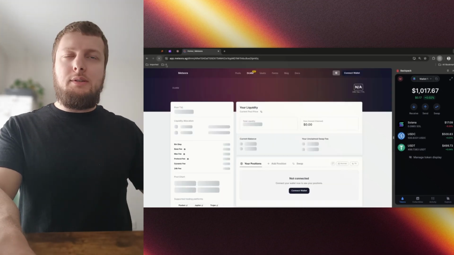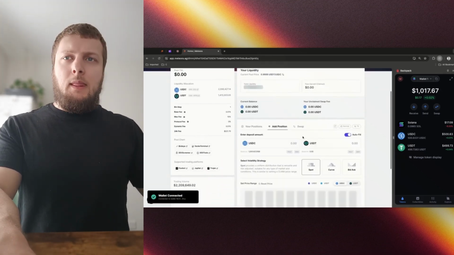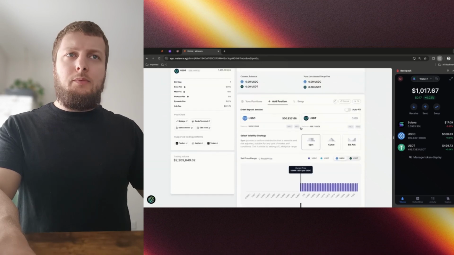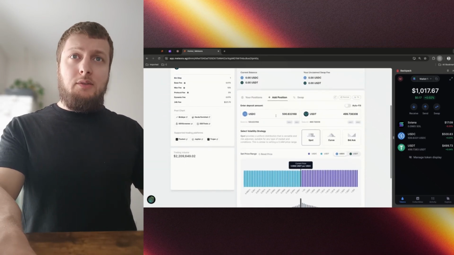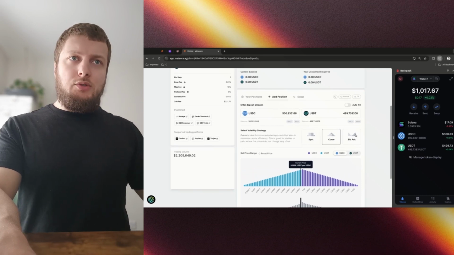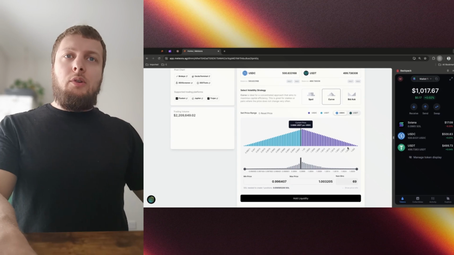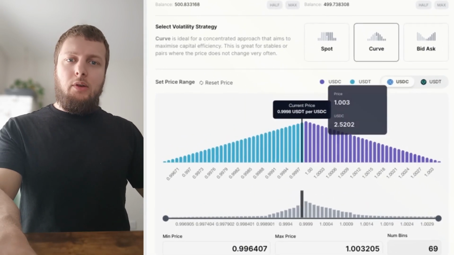We might have to reload this. Okay. There we go. So we're going to add 50% of USDC and 50% of USDT. And we're going to choose the curve strategy. The next thing that we're going to do is we are going to narrow this down into a very tight